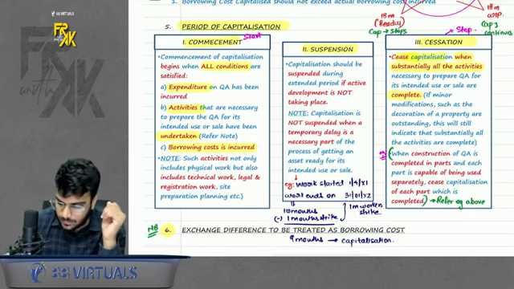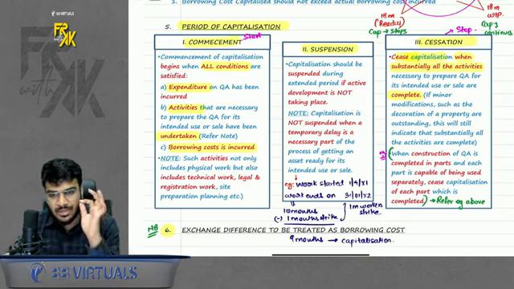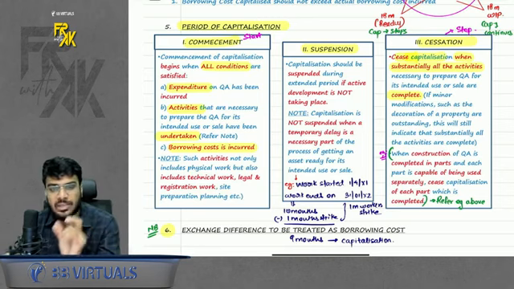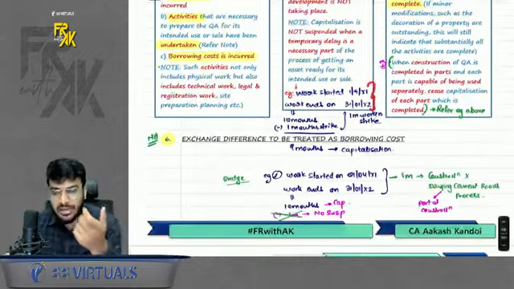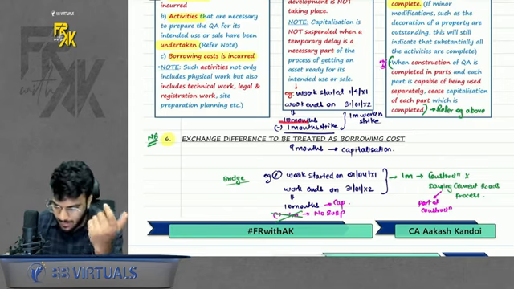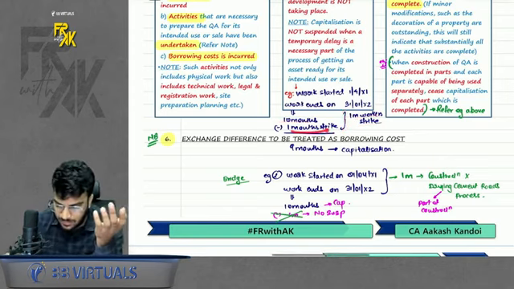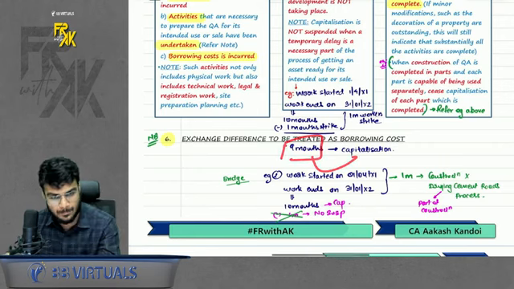Okay. Next is suspension. Suspension means during your period of capitalization, is there any period during which active development was not taking place due to abnormal reasons? For example, let's say I constructed an asset which took 10 months. But in those 10 months, for 1 month the workers were on strike. So can I say for this 1 month there was no active development taking place? So you will capitalize the interest only for 9 months.